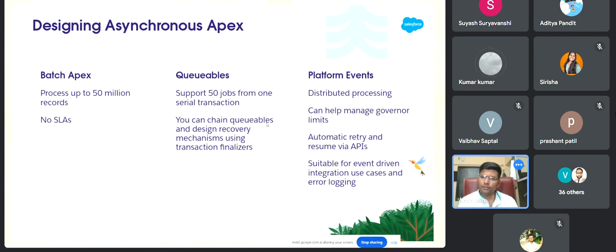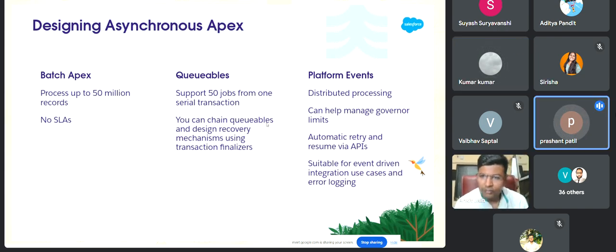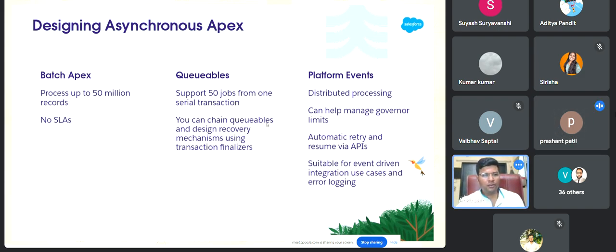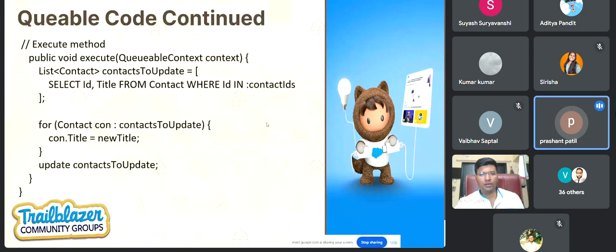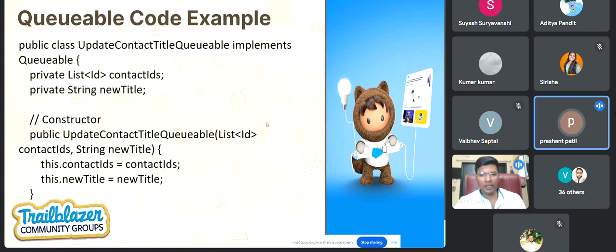Hey Ankit, can we use a constructor inside batch Apex? Yeah, obviously. I think we cannot use that because the constructor is synchronous. No, you can. This is a constructor, right? I'm asking in batch Apex. Yeah, in batch Apex as well, you do that. Actually, you use it normally.